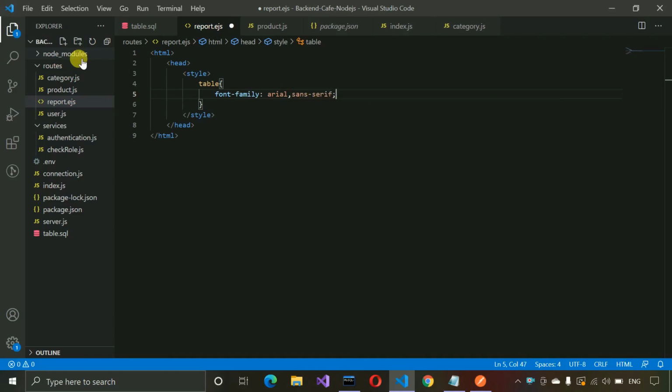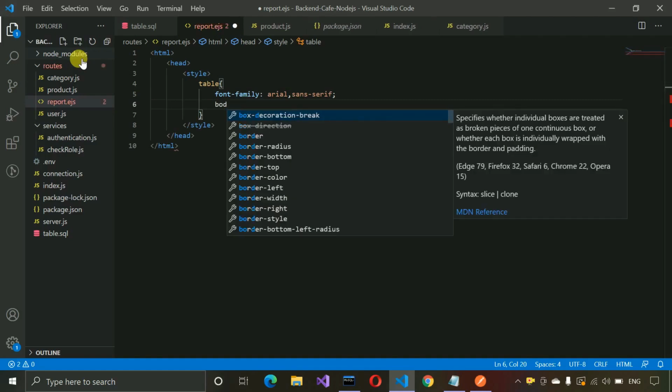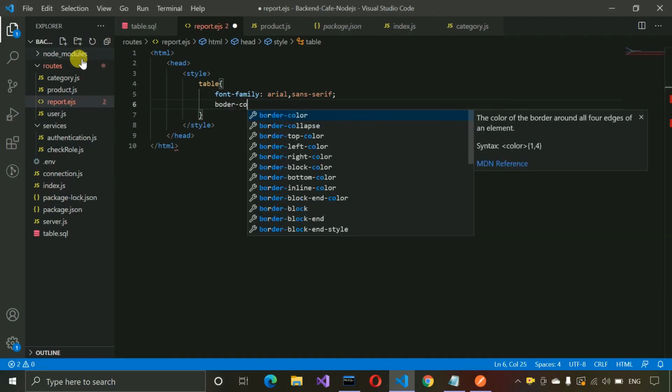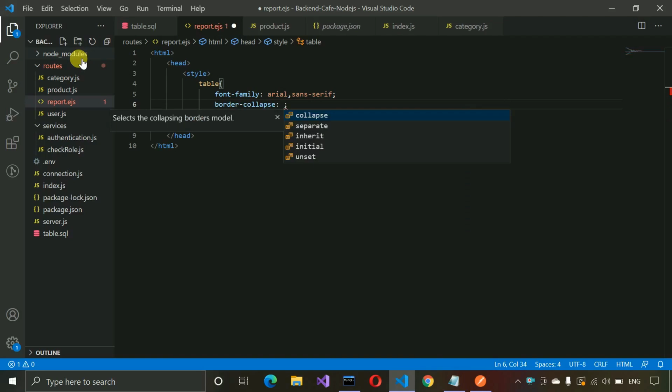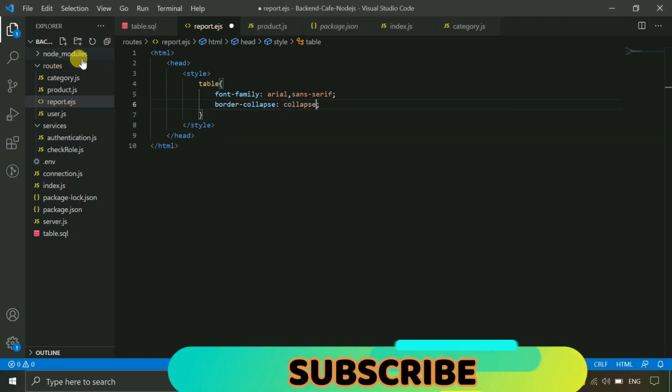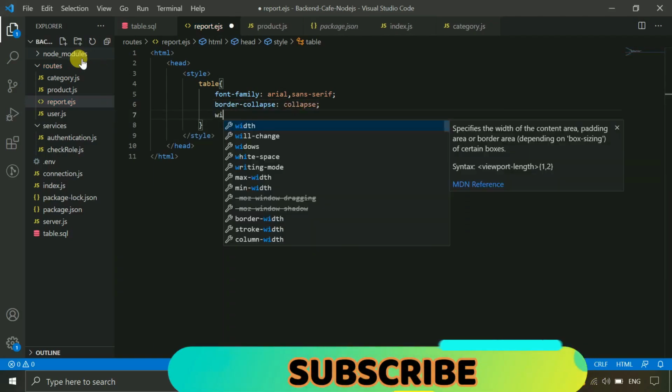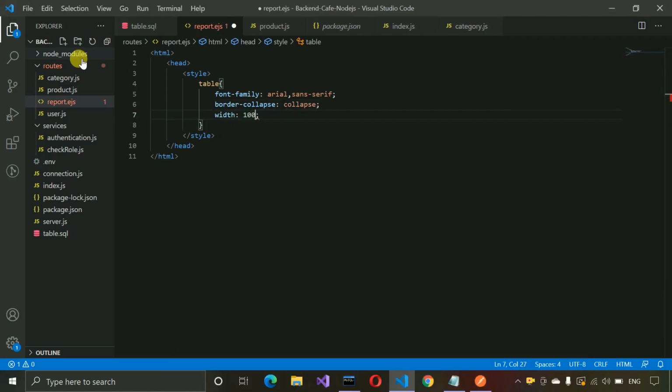Okay, after that border-collapse, it should be collapse, and after that width we are setting it as 100%,